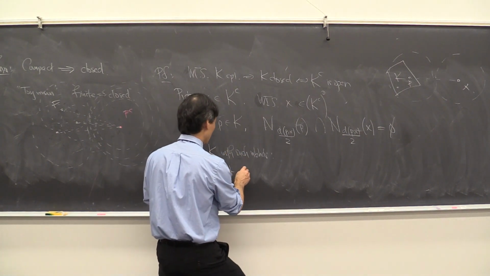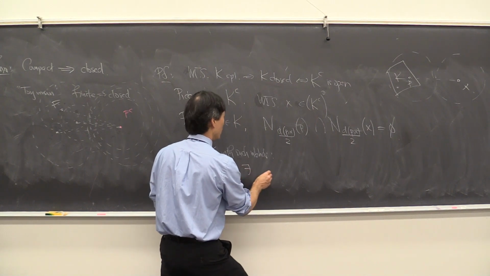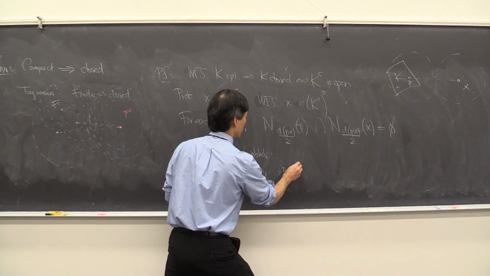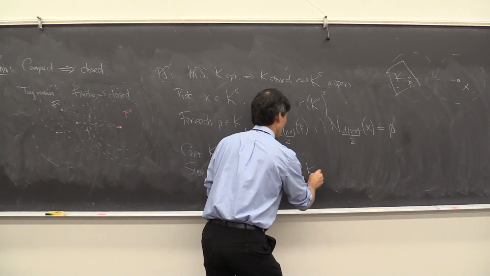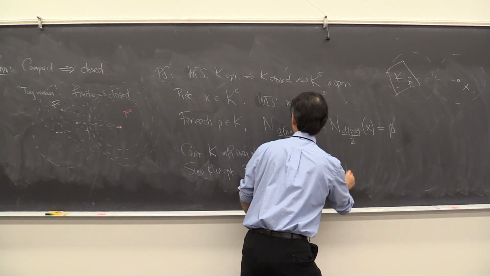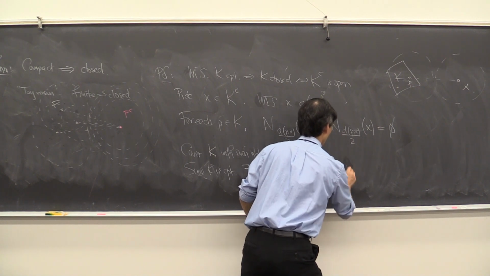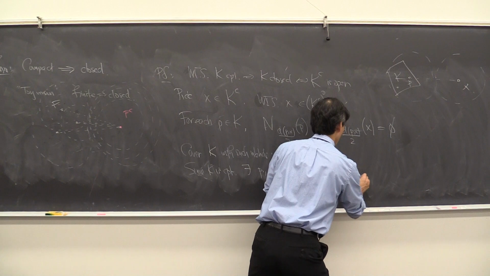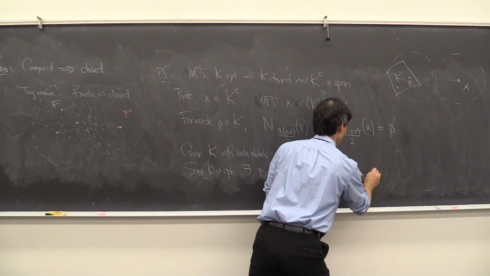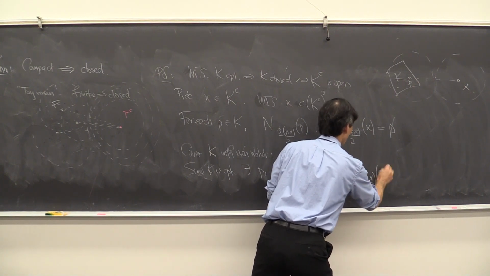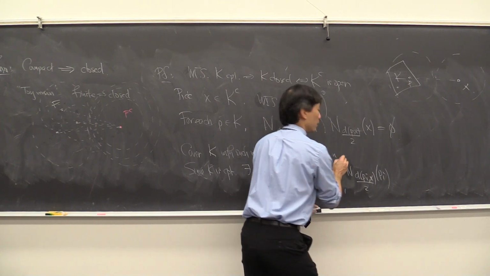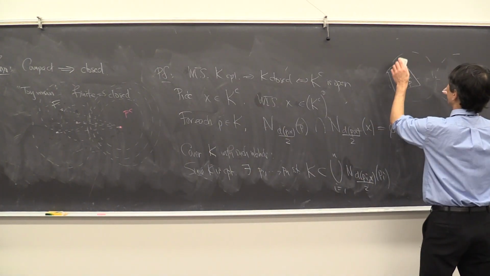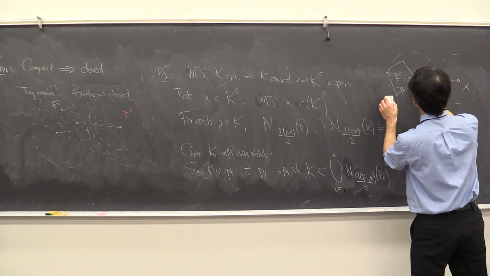Since K is compact, there exist points P1 through Pn such that K is covered by the union of the neighborhoods of radius the distance from Pi to X over 2 around Pi, with i equals 1 to n. So we covered it with infinitely many of these, but in fact there's just a finite number